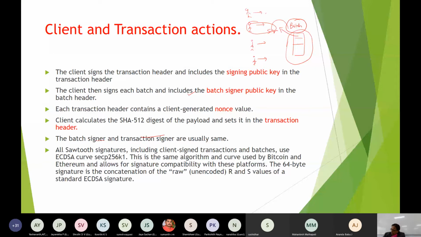Those two outputs are R and S. The ECDSA signature will take the message, that is the payload, the private key, and G from the EC, the elliptic curve algorithm, the value of N, and the function we have to take.